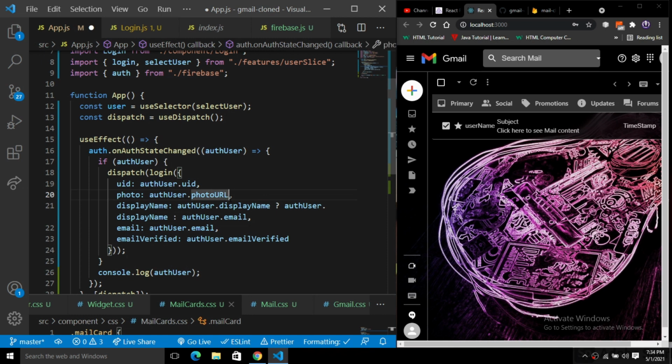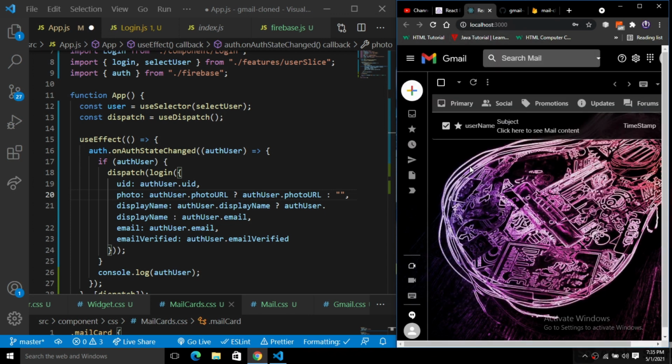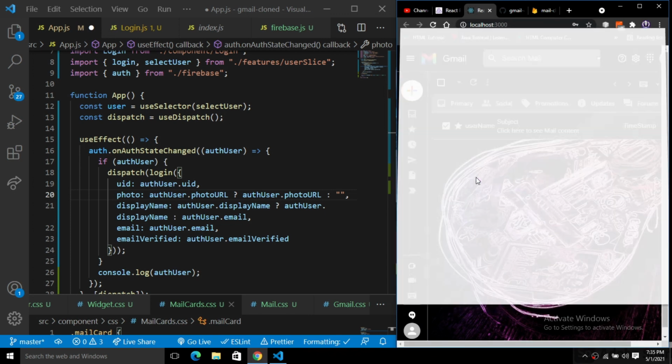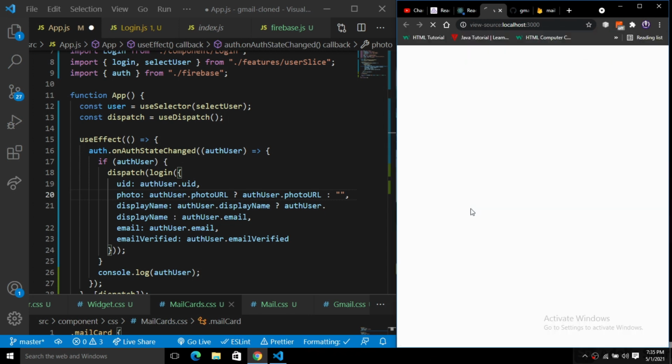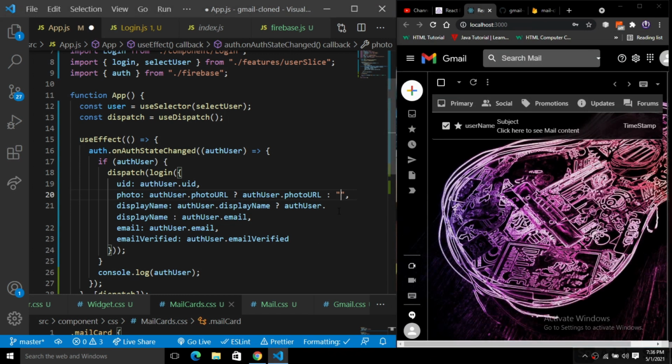We will do the same thing for the photo URL, which is auth user dot photo URL. If we have a profile image of the user, we just pass the URL of the user. Let me paste the URL of the default image here.